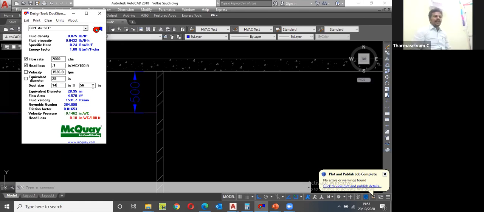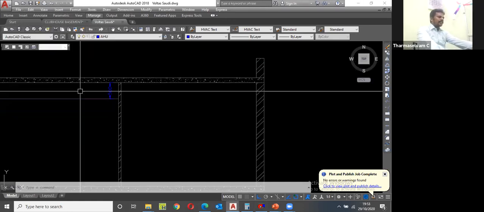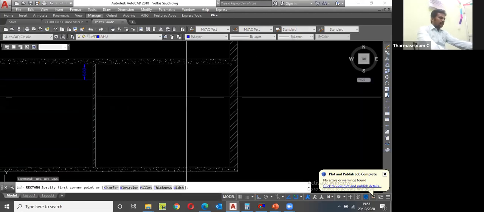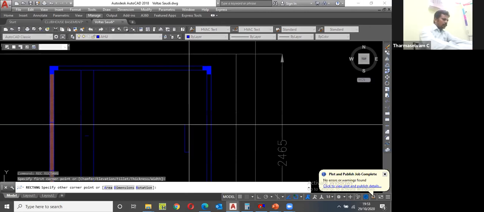Even if it is not accommodated with a 1:4 ratio, then you can ask the civil engineer to reduce the false ceiling height by another 100 mm or 200 mm. Okay. Now it is okay for me. 56 inches by 14 inches. That 56 inches means 1400. Rectangle dimension 1400, enter 350. This is the mouth of the unit.